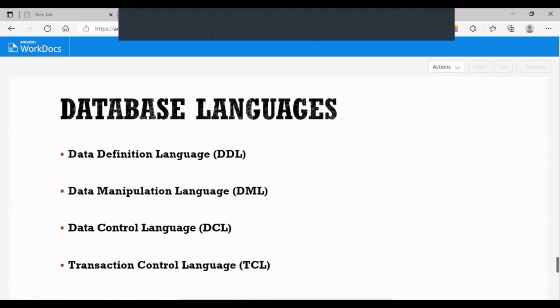When it comes to designing a database, we need the following languages. We call them SQL commands or SQL languages. We have DDL, DML, DCL, and transaction control language. For DDL, these are user-defined commands like create database, create table, alter table to define the data,